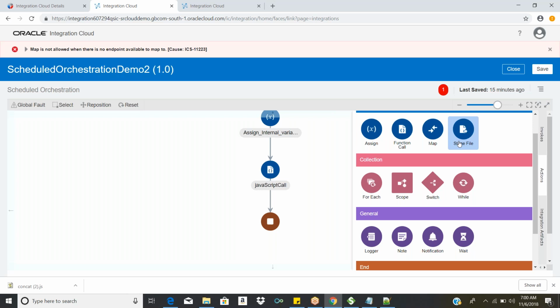Stage file. As of now, I will give an overview of the stage file. What is the stage file? Stage file is an ICS internal FTP location. You can say there is an ICS VM, and ICS saves a file at an internal FTP server that is only accessible by Oracle people. We don't have access, but we have access using the integrations. This stage file concept is applicable per integration model.